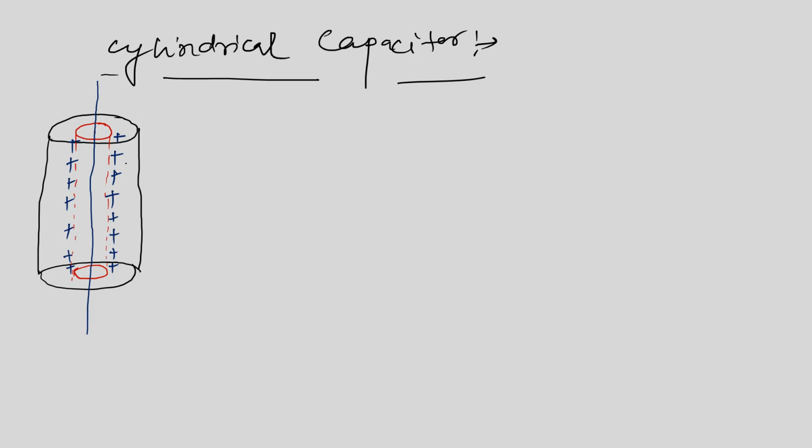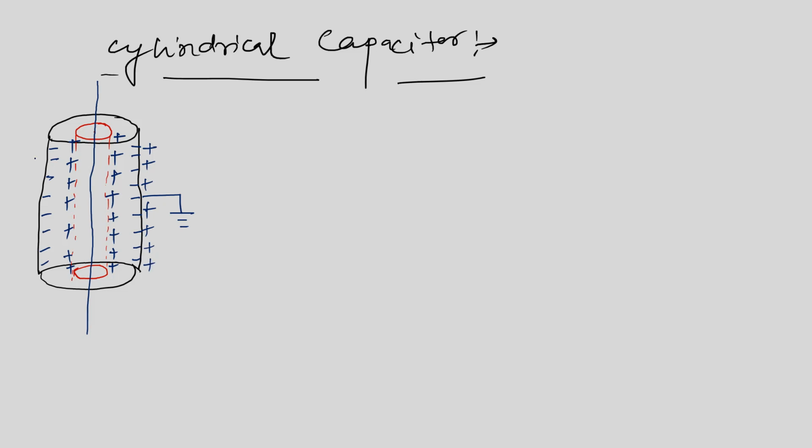Now, obviously we can say that the outer cylinder, or the outer surface of the cylinder, is having the ground connection. So whenever the inner cylinder is having the charge of plus Q, obviously it will try to induce the opposite charge on the inner surface of the outer cylinder. On both of the cases it will try to induce the opposite charge. And on the outer surface of the outer cylinder it will try to induce the same charge, right?